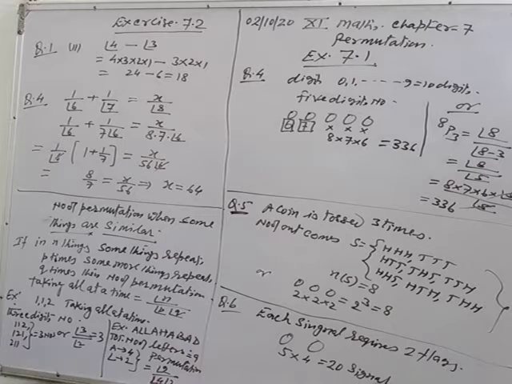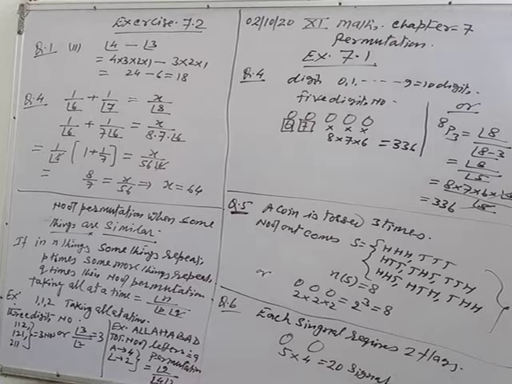The next time, when you have shown 1 color the first time, then the second time you can show 1 color from the remaining 4. So the total number of signals that can be generated is 5 into 4. This is the place filling method. For the first time there are 5 options because you have 5 colors. Now when you used 1 color the first time, for the second time you will have 4 colors, so there will be 4 options. So the total number of signals is 5 into 4, that is 20.